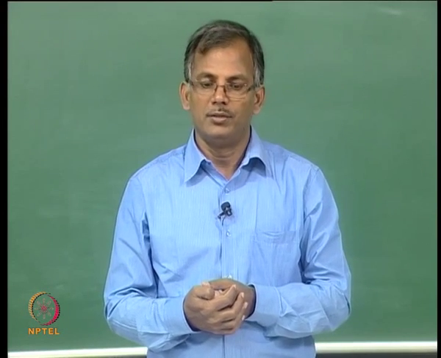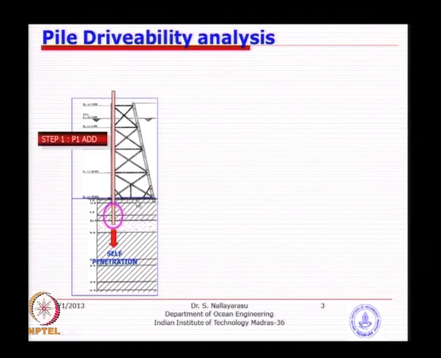The second thing, where do you want this pile to stop, is a very important criterion. For example, you stop at a place where it is typically sand. Now, if that is a sand, you take 6 to 8 hours to go and weld another piece of pile. When you restart driving, or start driving the first time, you may encounter a larger resistance to overcome. Once you overcome the initial resistance, then it becomes dynamic friction, and then it drives automatically. So, restart driving is very important: where you want the pile to stop, either at the starting time or at the intermediate time. So, you need to be very careful.